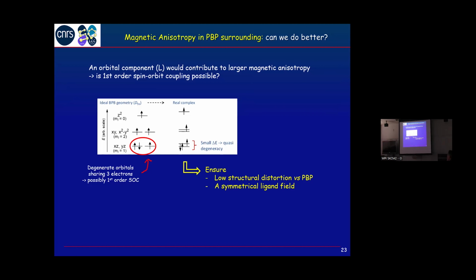So ideally, you would have here 3 electrons distributed over 2 orbitals at the same energy level. So this is the origin of first order spin orbit coupling. In the real system, ideally what you can target is something in which the lifting here is as small as possible. And if this is the case, then you can reach something that is called a quasi-degeneracy. So this means you do not have a full first order spin orbit coupling, but you have some contribution coming from that. And this is possible if you can design a compound that has